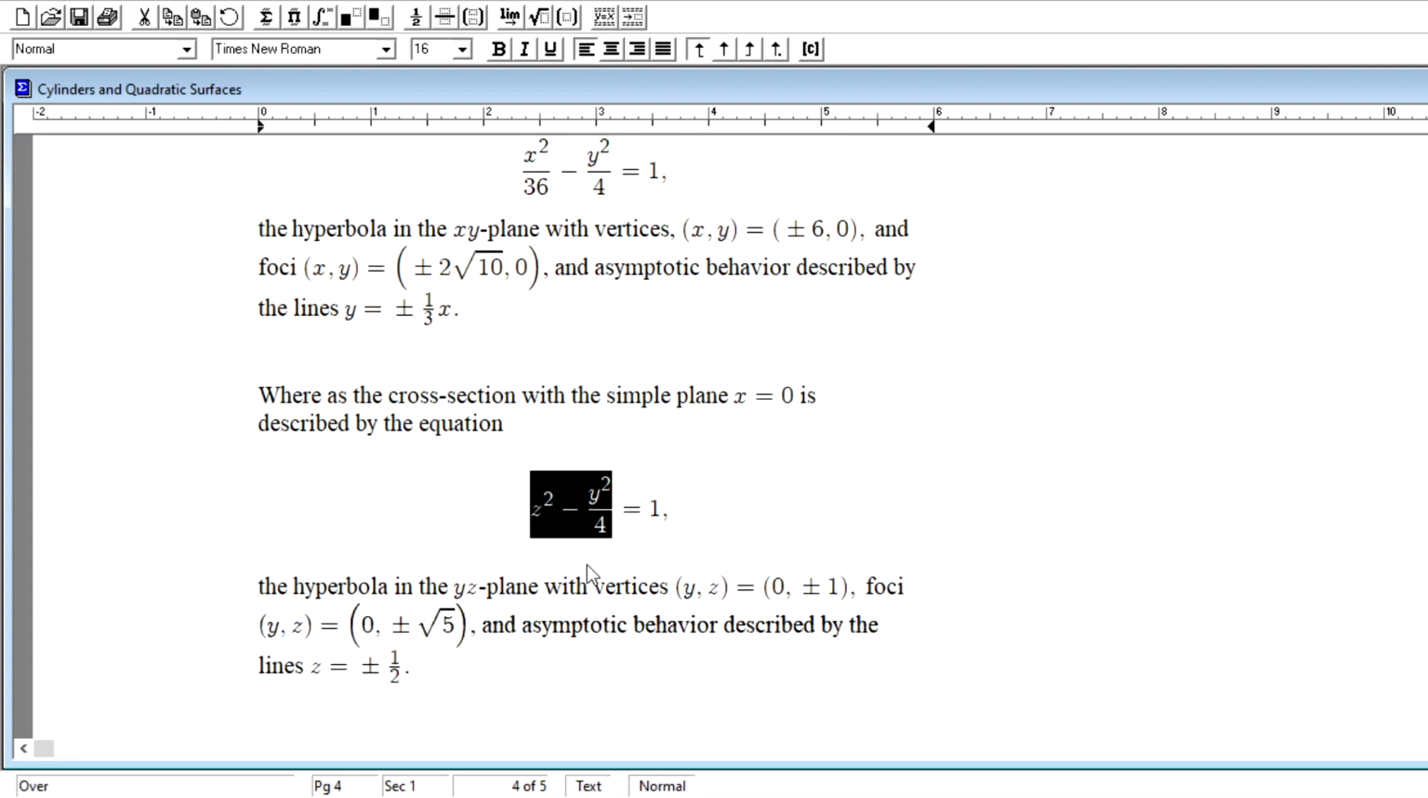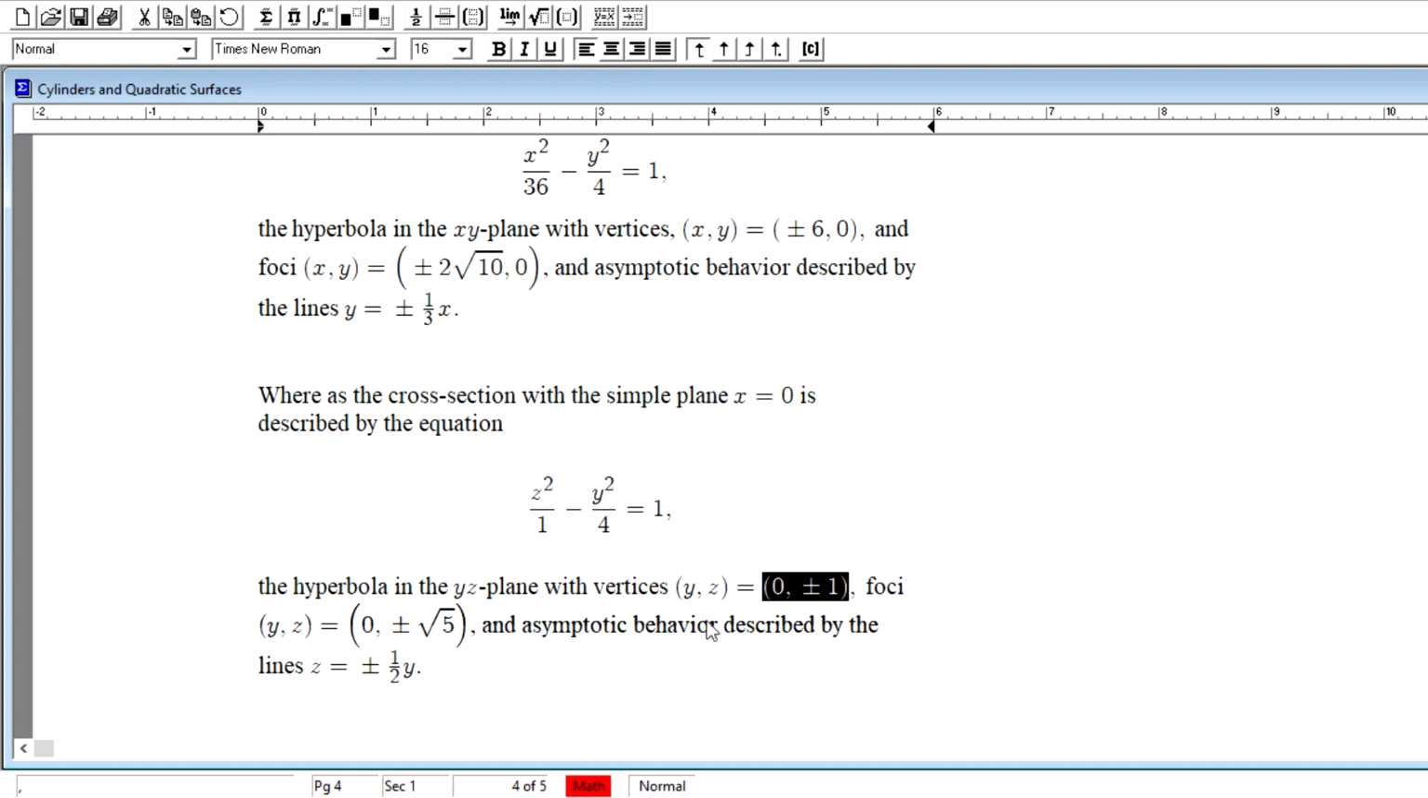The hyperbola seen in the yz plane would be described as this. Now I have to get my variable in there. It's a common mistake. Here our asymptotic behavior is described by z equal to plus or minus 1/2 y. Looking at the denominator here, note this denominator is 1 in that hyperbola. So that does lead to this vertex here at 0, comma, plus or minus